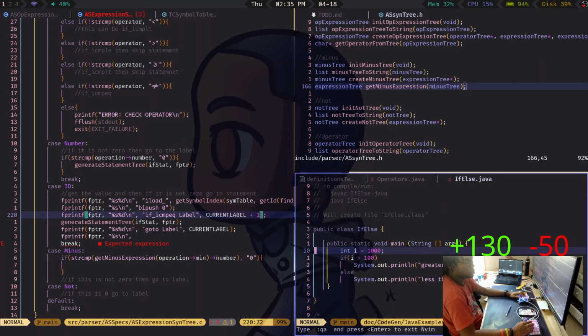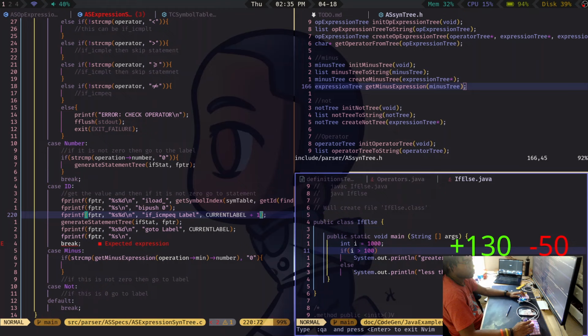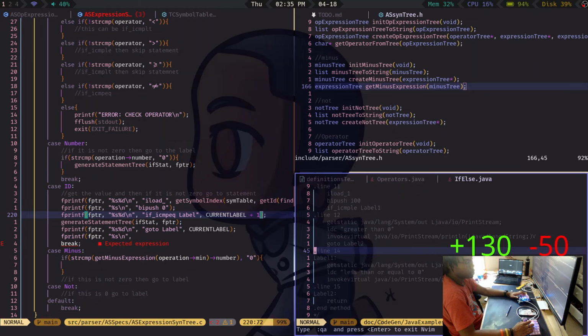Pair less than or equal to. So if it's wrong, they go to label 1. And that's our else.